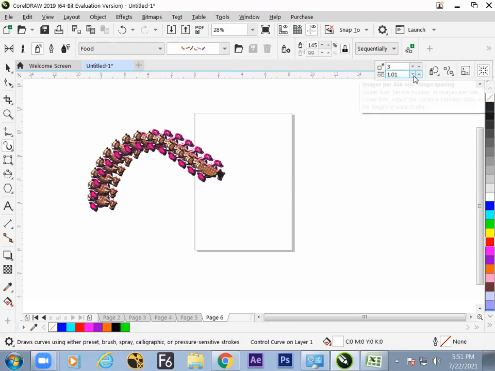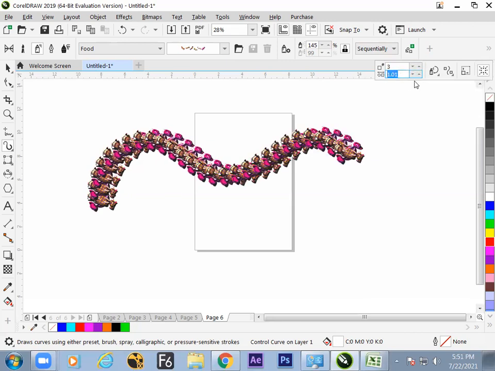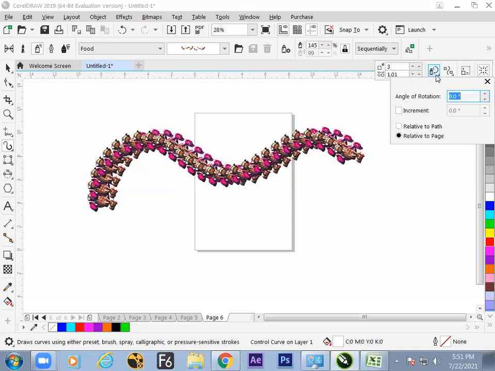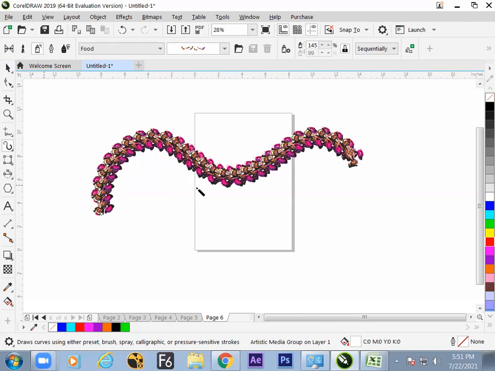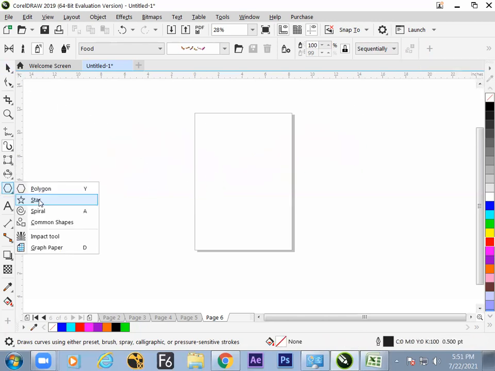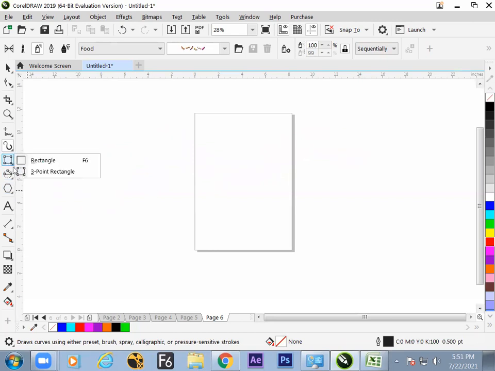So it makes the processor a little slow, so I'm not scribbling more. Rotation. Relatively to path, rotate the things. Now we can find it much more easily with the next example. So let us take a circle